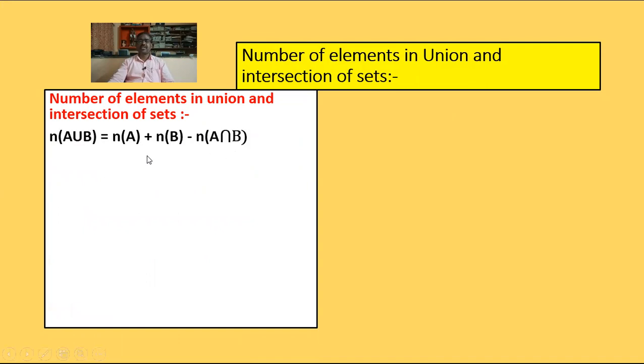By using this relation, n(A union B) is equal to n(A) plus n(B) minus n(A intersection B). This formula indicates the number of elements in union and intersection of sets. A union B